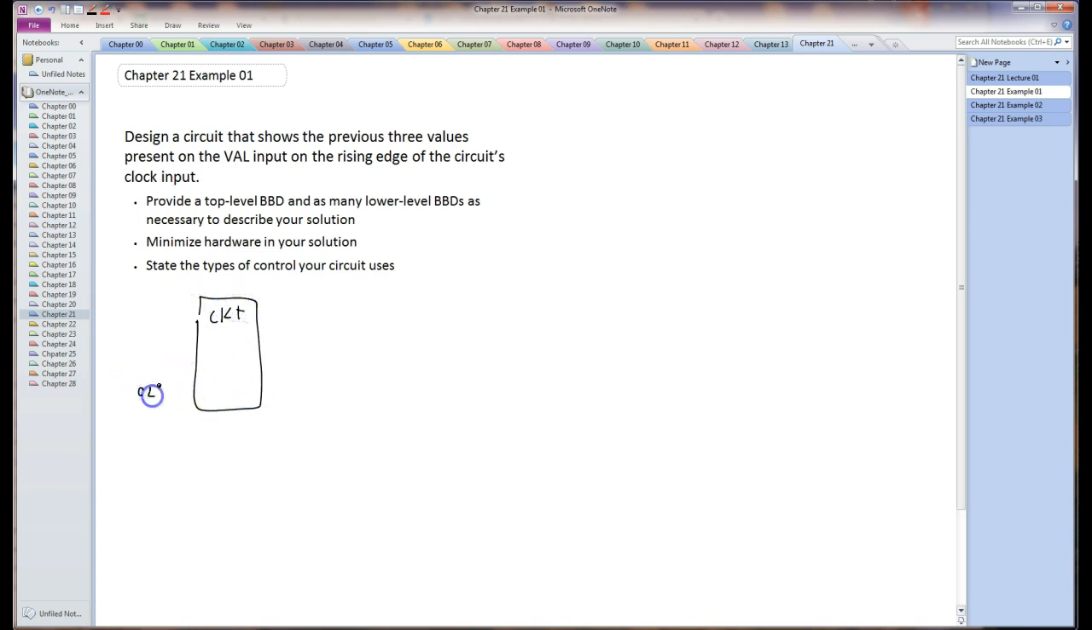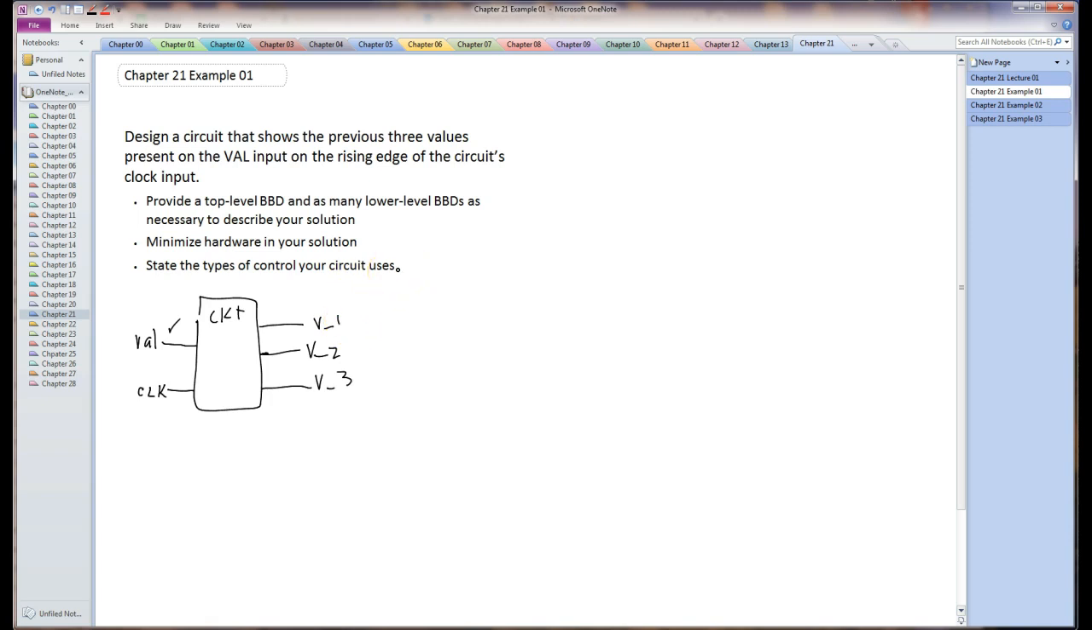We know it has a clock. We know it has an input. And we have 3 outputs. We'll call them V1, V2, and V3. So the issue is that we're only getting 1 input at a time, yet we have to show the